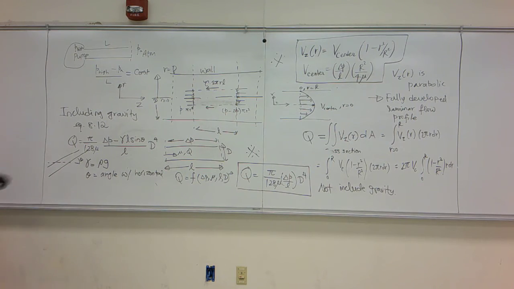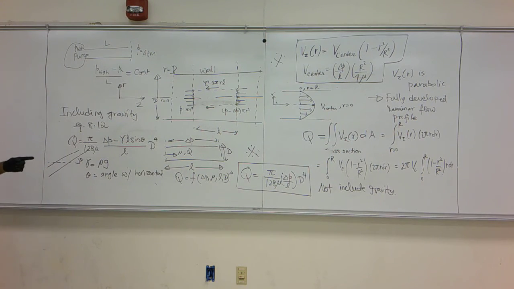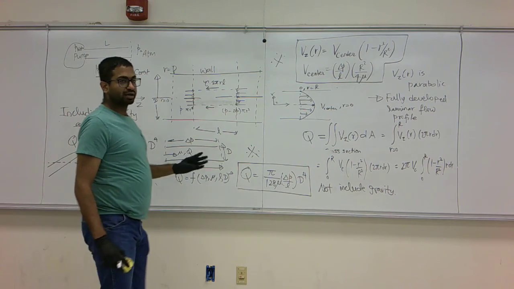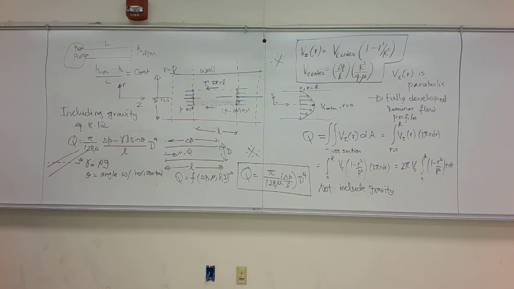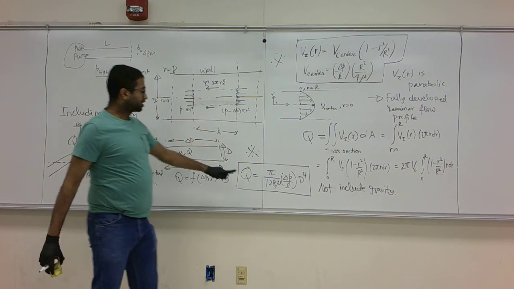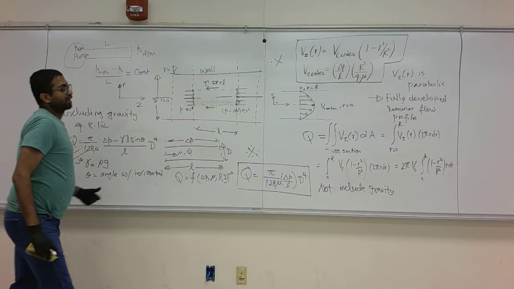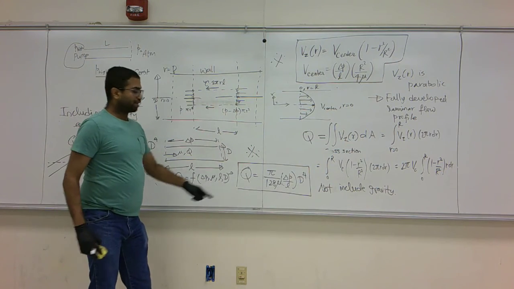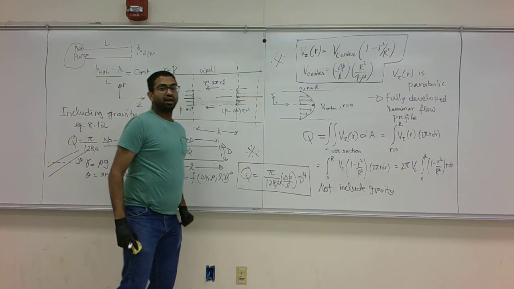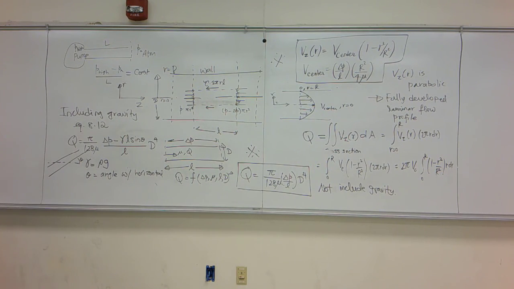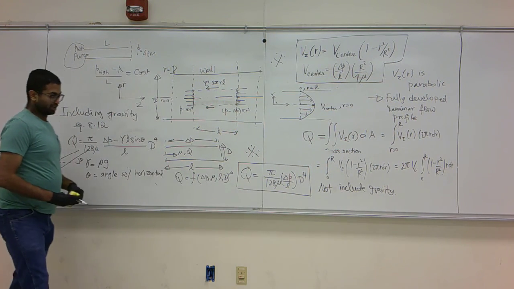Okay, so if you have these formulas, you can always work. In reality, your pump is almost usually selected first. Your delta P over L is something that you can control or set at the beginning, and then you ask what is the flow rate that I can extract for a given pressure drop or a given pressure gradient. I can vary the pipe diameters, the fluid, the length, and then I can get the flow rate. Or if you are targeting a flow rate, you can calculate what would be the pressure drop in case of a fully developed laminar pipe flow in this type of situation.